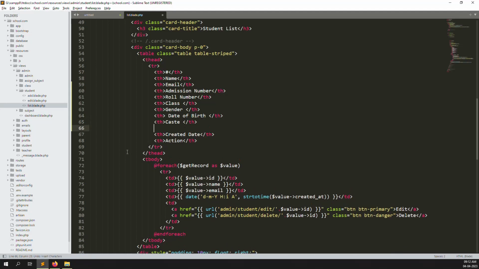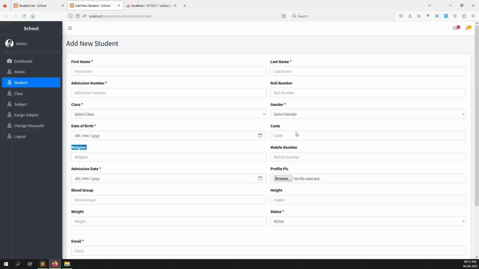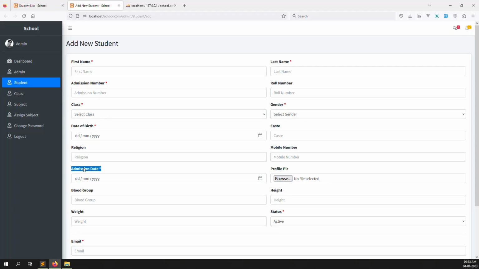Let's make all the fields here one by one. Let's copy some of it because we don't want to do it again. So mobile number, admission date,